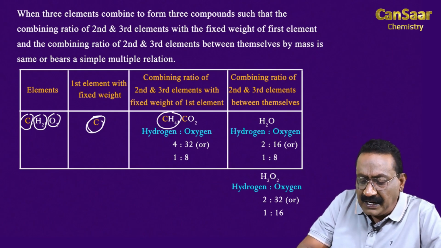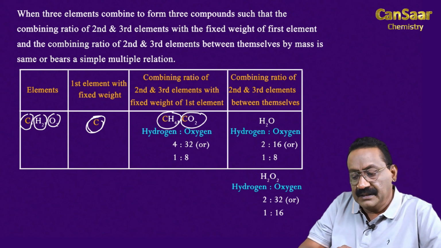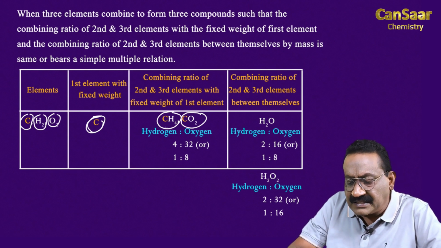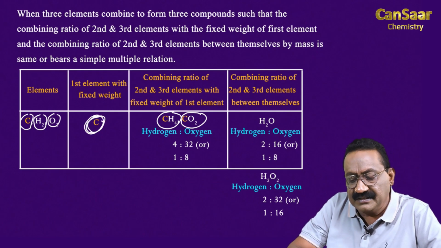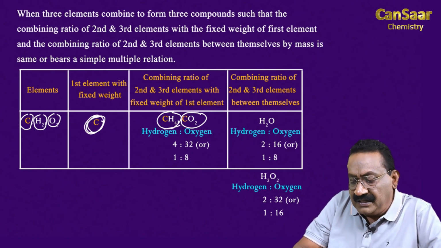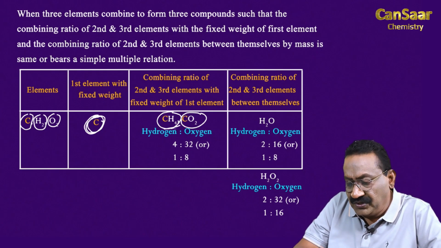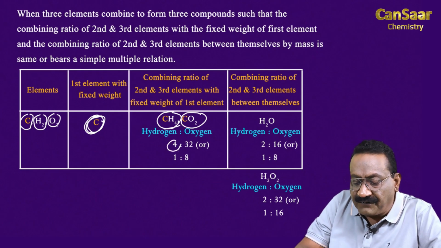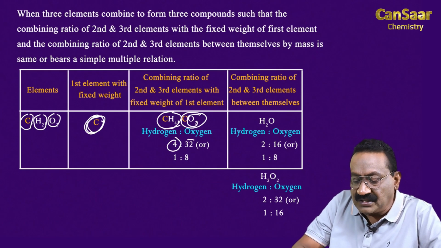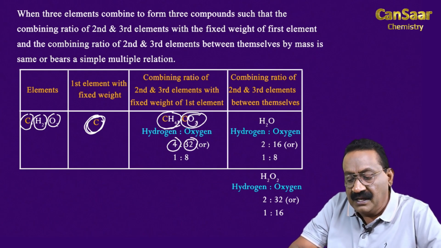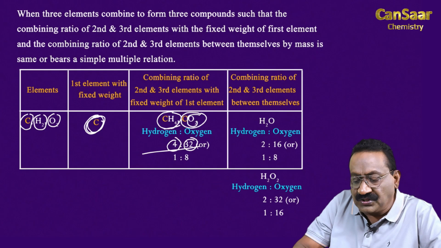Carbon can combine with oxygen forming carbon dioxide. So, here in both cases CH4 and CO2, carbon mass is fixed and here for H4, its atomic weight is 1. So, H4 means 4 units of hydrogen by mass. O atomic weight 16, 16 twos are 32, 32 units of oxygen by mass, and their combined ratio 4:32